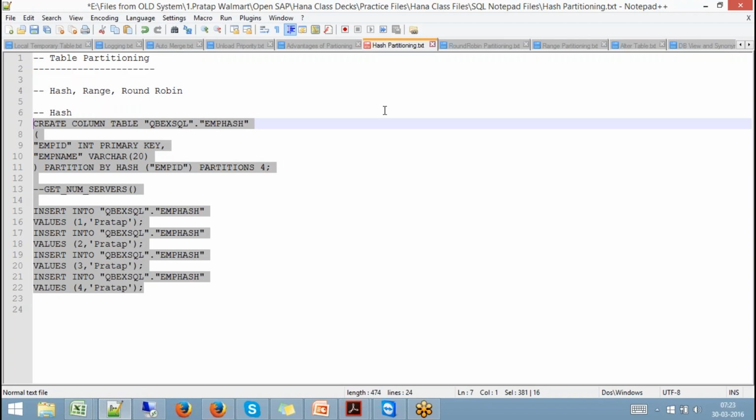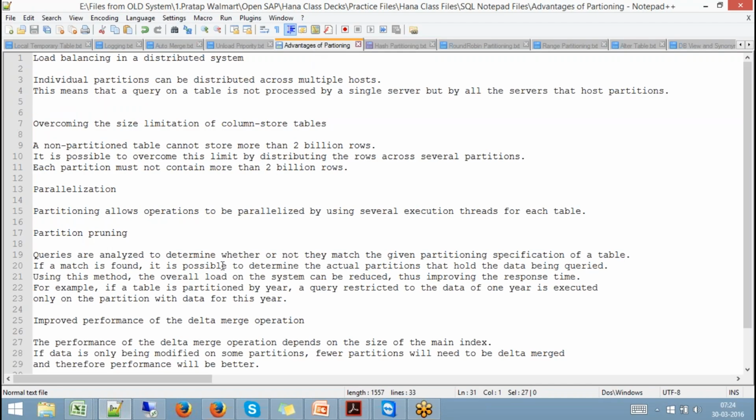That is one option. The other reason for using hash partitioning is to get past the limit of 2 billion rows in a table. Suppose the table exceeds 2 billion rows, even then I can go with hash partitioning, where it splits into multiple blocks, and each block can go up to 2 billion rows. But this will not really help me improve query performance or pruning, because we have an option called